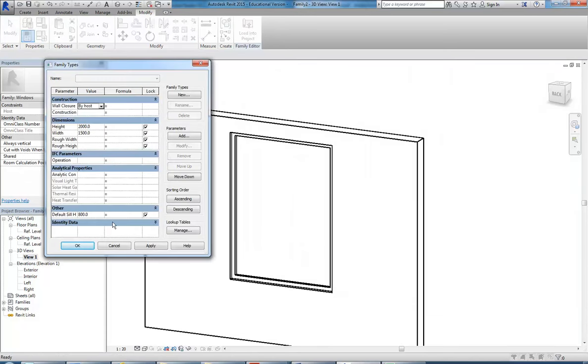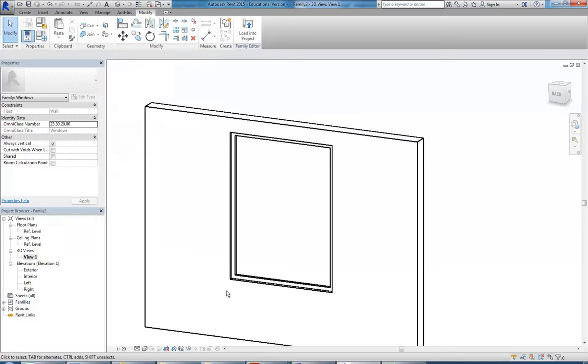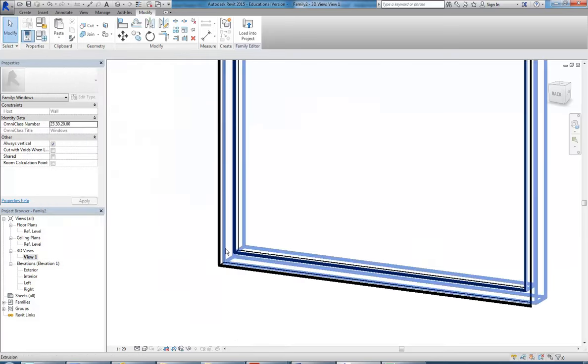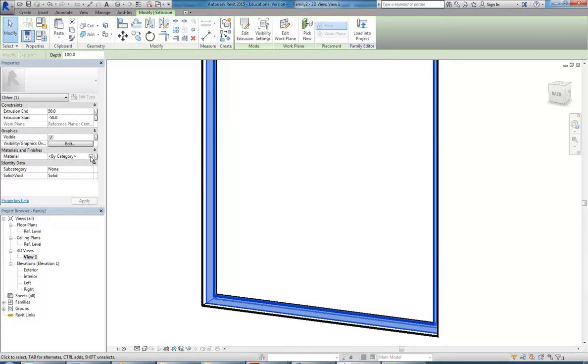Right, so just going back to family types there, you can see I've been adjusting the width and the height. They're predefined parameters. And so I shall just go back in there and show you that we've got a construction section up there, but there's no materials section. So now what I'm going to do is select, I'll start with the frame, and so I'll select the frame, and then you can see over here we've got material by category. So I'm going to click browse there